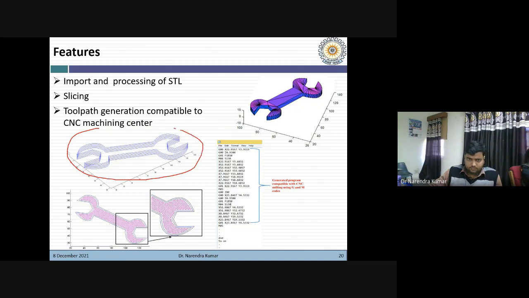Slicing results can be seen here. All these slices, all the layers are clearly visible here, right? And then toolpath generation. So the contour toolpath is visible, and also the infill toolpath is visible here clearly.